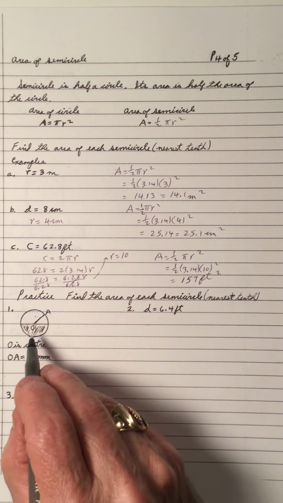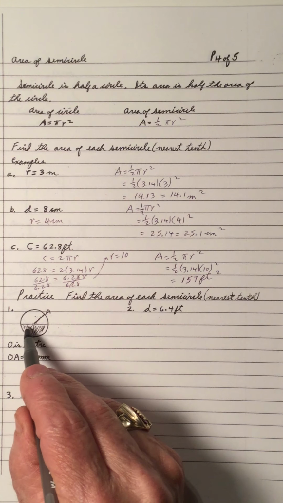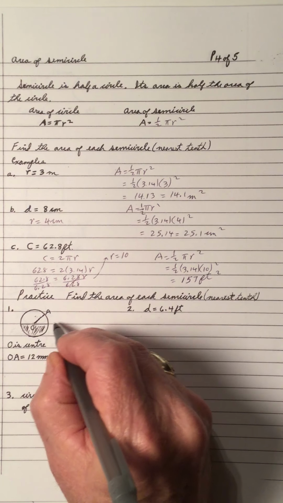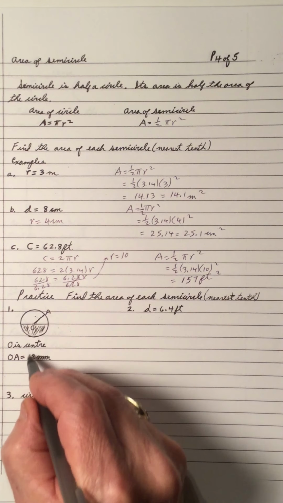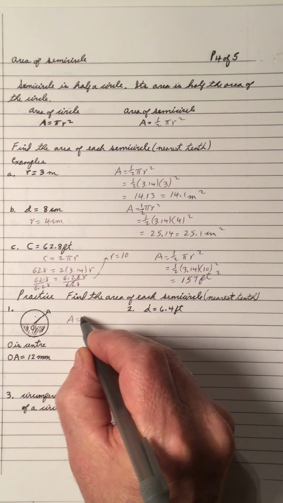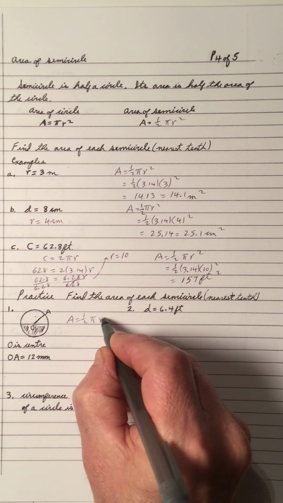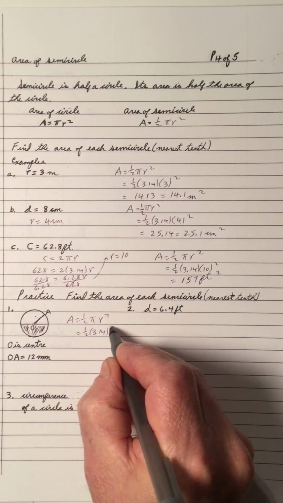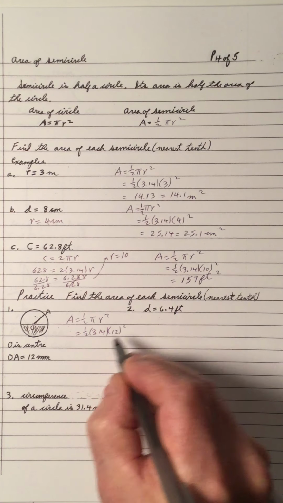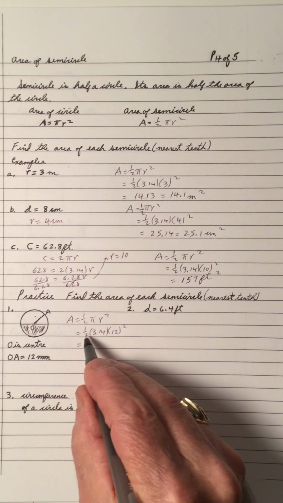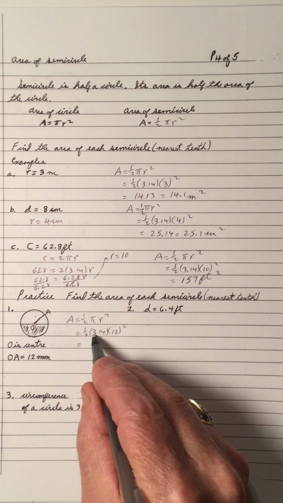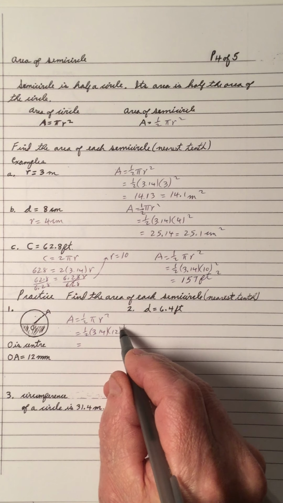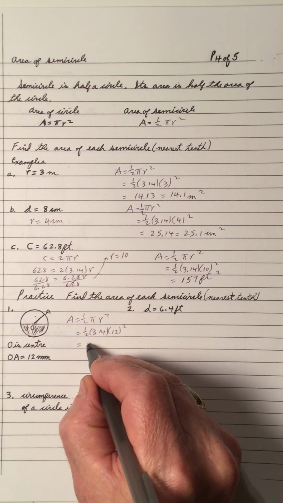We have a circle, and notice I have half the circle shaded in, so we're getting the area of the shaded region here. The radius OA is 12, so the area is a half pi r squared, a half times 3.14 times 12 squared. When you plug that into the calculator, decimal 5 times 3.14 times 12 squared, 144,